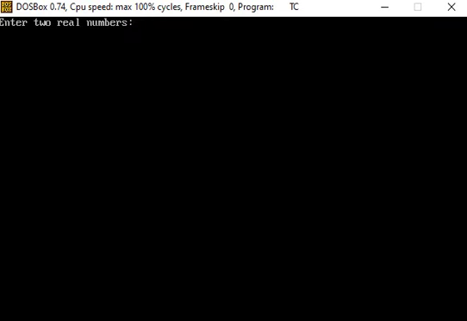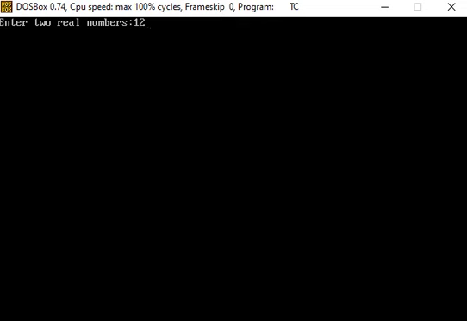So when we click the run option, the message "enter two real numbers" is displayed. Just observe this message, because here we see that the cursor is blinking. The cursor blinks only due to the scanf function. If this message is not present, it is not clear what should be done. That's why before any scan function, a printf function is written just to display some message. So here we see that we have to enter two real numbers.